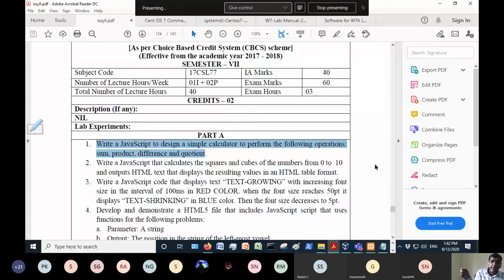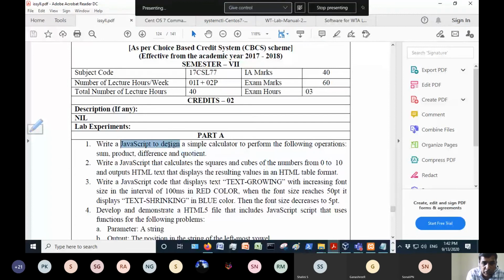So it will get you 2 point something, and the remainder will be there. Quotient will be, here we are speaking of quotient, that means the decimal part will be rounded off. The floating point value will be rounded off, and if you give 9 divided by 4, instead of giving 2 point something, it will give you 2. So intentionally we have written it to calculate the quotient, not the complete division operation.